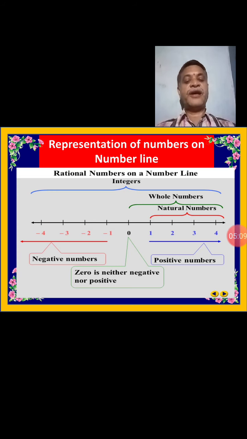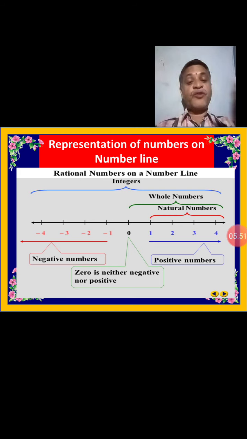So this type of numbers you can see on the number line, and we can say that this is the integer number line. On the integer number line there are positive numbers 1, 2, 3, 4, 5, etc., and negative numbers -1, -2, -3, etc., and 0. We say that 0 is neither positive nor negative. What are the positive numbers? 1, 2, 3, 4, 5, etc. What are the negative numbers? -1, -2, -3, etc. Neither positive nor negative is 0. Okay, so this is called the integer number line.